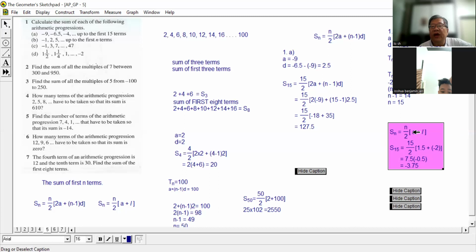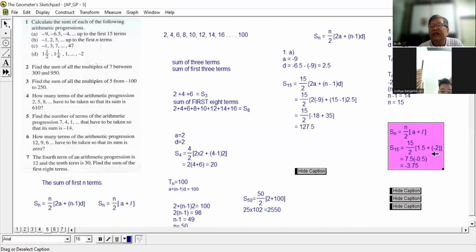So Sn equals n over 2, a plus L. If I want to find, because I know n is 15, so altogether in this sequence there are 15 terms, so I have to find S15. To find S15, I quote the formula: 15 over 2,